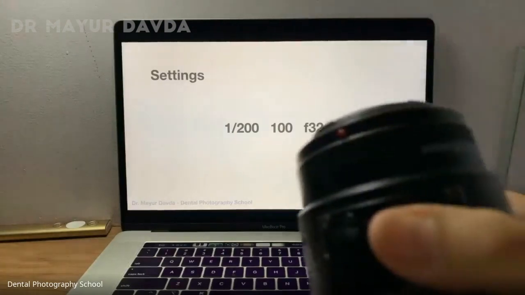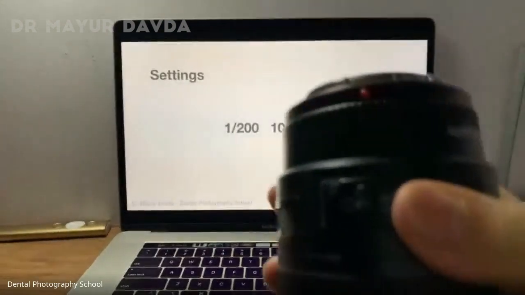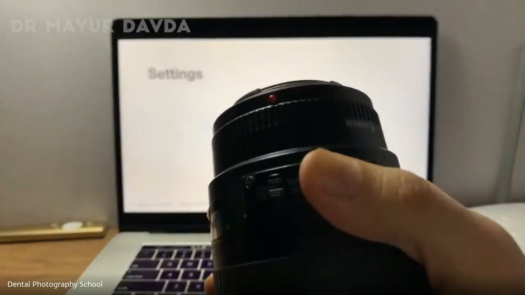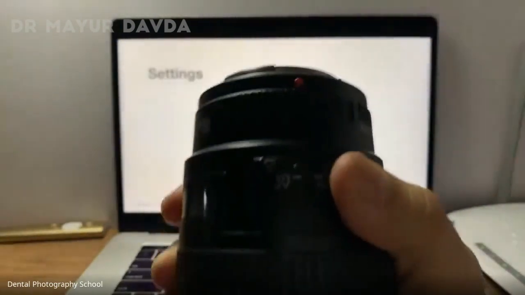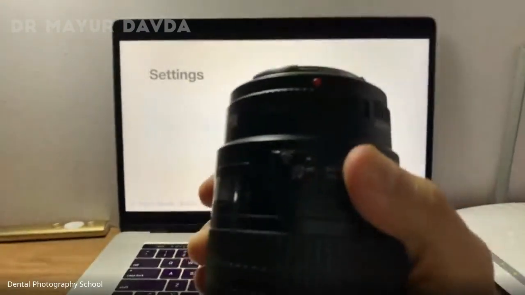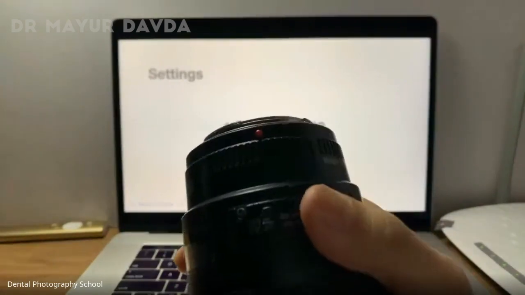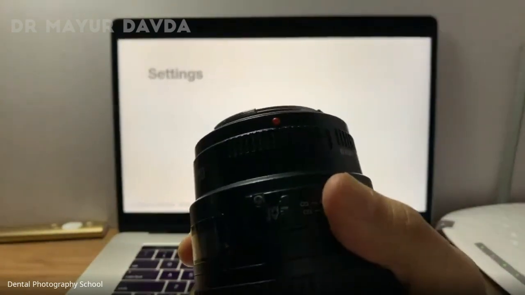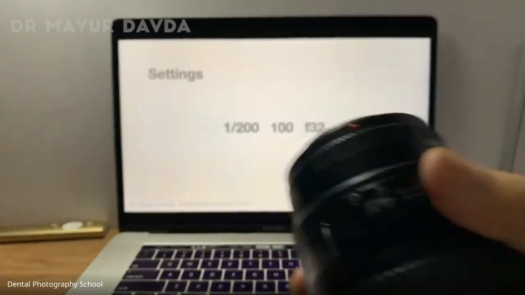For that, I'll be looking for a red dot because this is an EF lens. What is an EF lens? What is an EFS lens? Is there on our YouTube channel, Dental Photography School. This is a red dot. So this is an EF lens. So I'm going to be attaching it to my camera right now